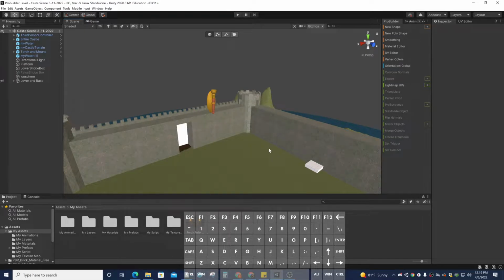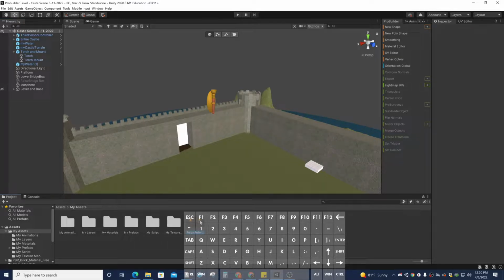Hey game designers, in this video we're going to do a quick how to model the torch. I'm not going to do a full demonstration about how to model the torch that we created in class, but I'm going to go ahead and give you kind of like the skill set that you will need to create the torch. So the first thing you're going to do is you're going to download your reference, and here is